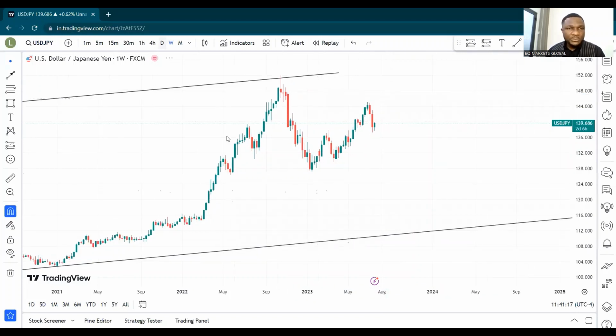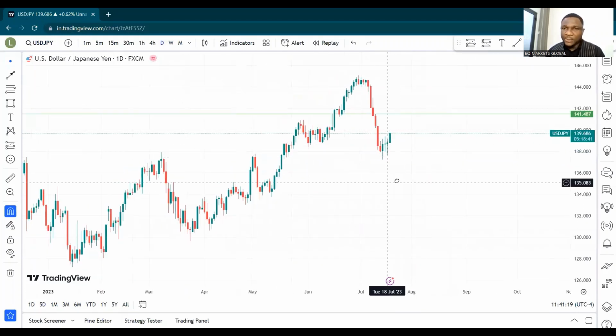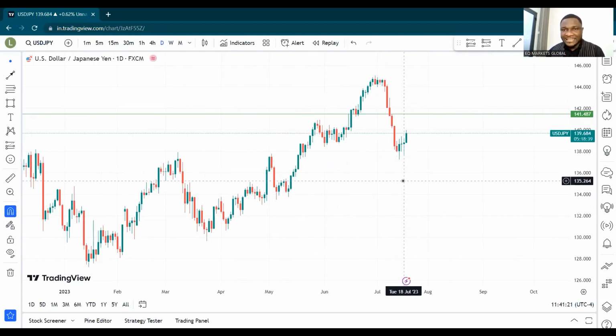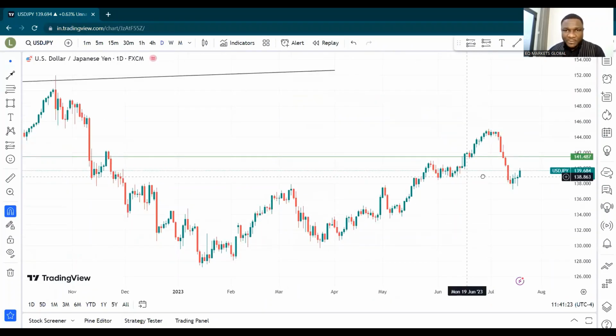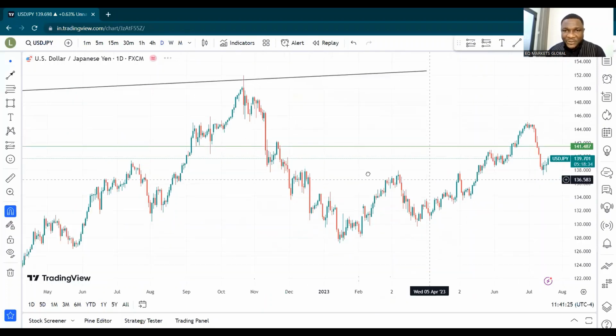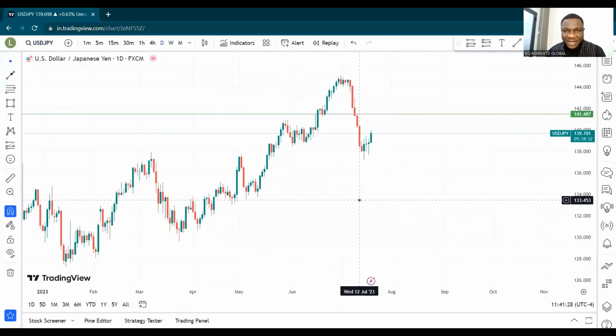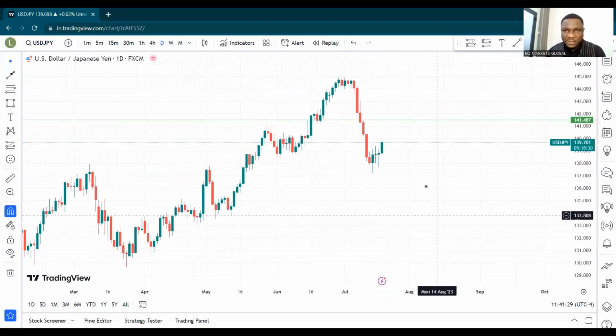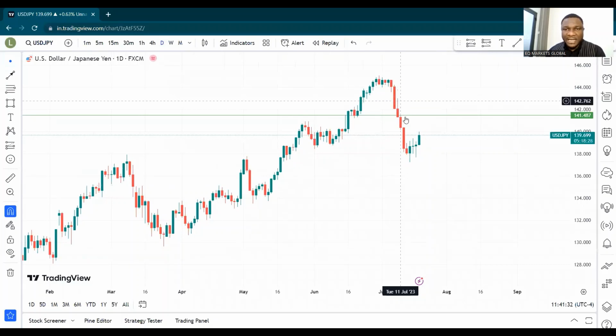And then go back to the daily time frame. I'm going to be showing you amazing stuff on the daily time frame. Like I told you, my newfound love for entry into the market is the imbalance. So I'm going to be looking for all the imbalances that have been created, because I know for certain that those imbalances must be filled. Those orders that were not filled properly must be filled.